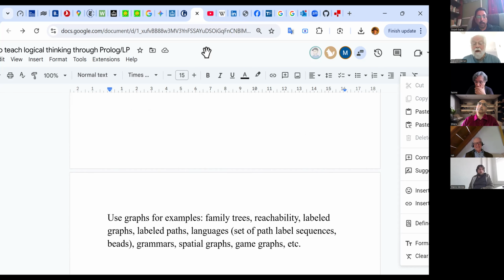Okay, so I was thinking about what kinds of examples I would use. I think Gopal and his emphasis on examples is great. That's exactly what we need to think about. So I was thinking about family trees and reachability. A family tree is a graph, and then we can think about labeled graphs and talk about paths through labeled graphs. And then we can talk about what the labels are, and maybe do path sequences, labels on paths